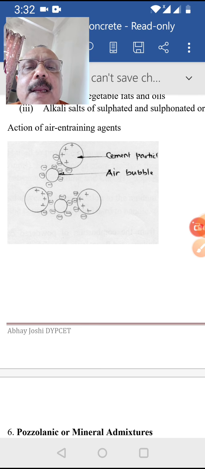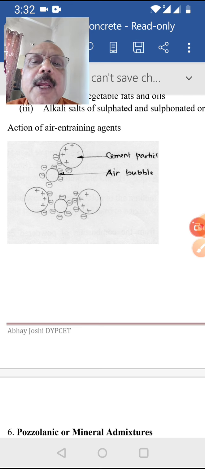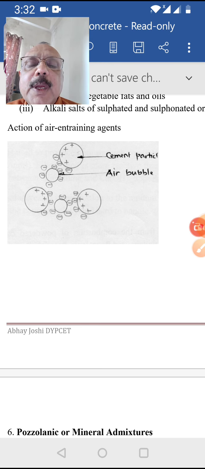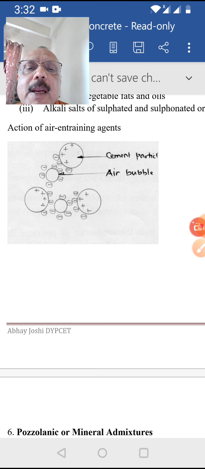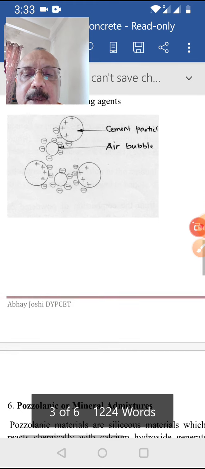So again, these air entraining agents or these minute air bubbles having size 5 to 10 micron will prevent these cement particles from coming together, and they will remain in suspension, and ultimately it will add to increased workability. So in order to increase workability, this type of air bubbles is used. In aerated concrete or autoclaved aerated concrete also, these air bubbles are used in order to make the concrete porous and lightweight. So in a number of cases, such air entraining admixtures are used.